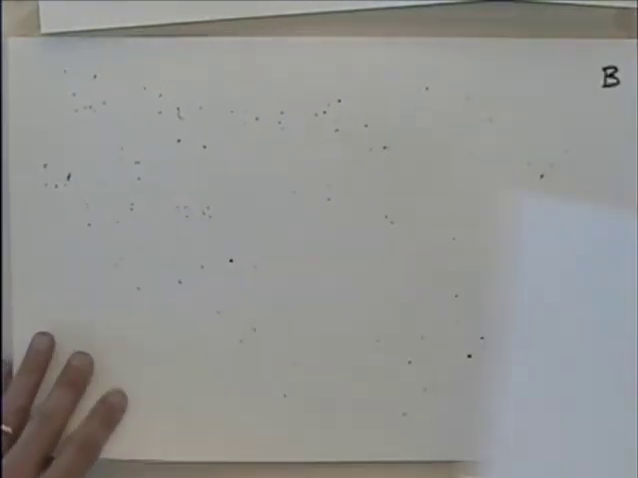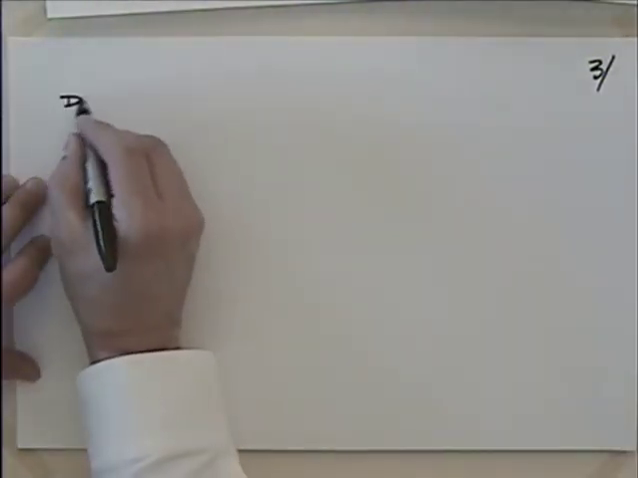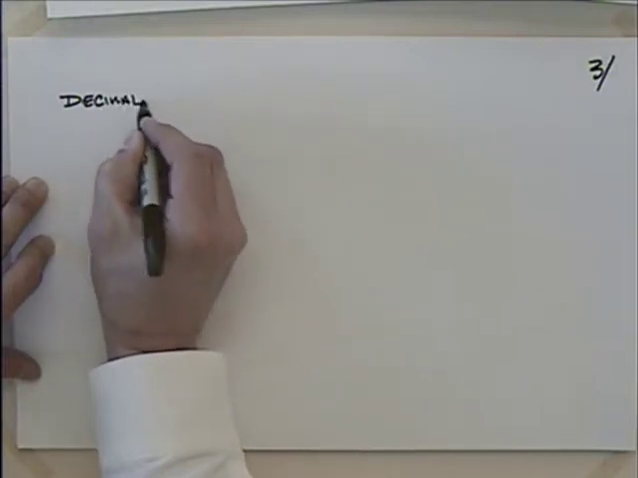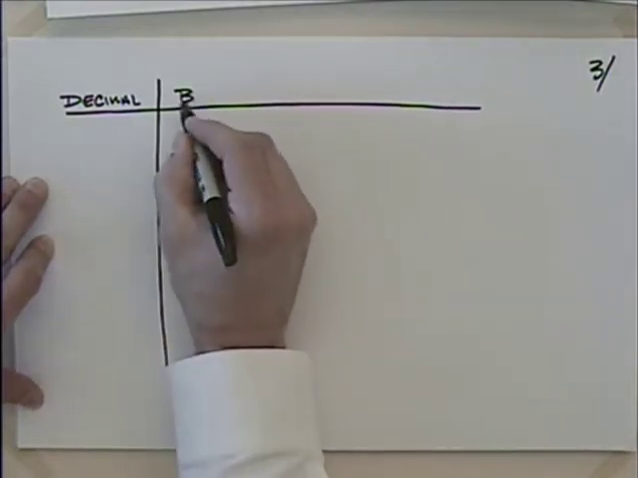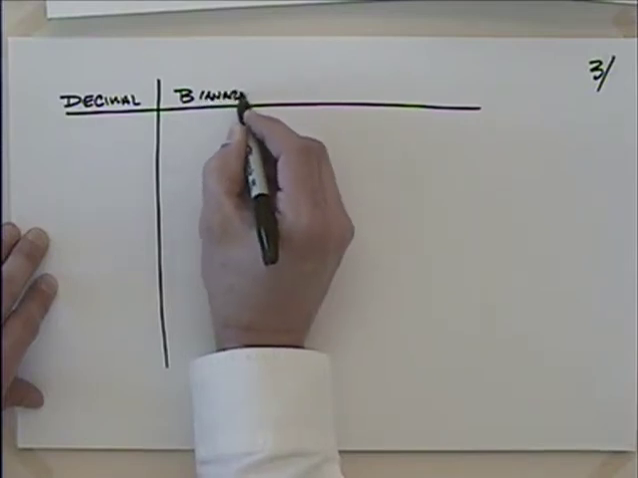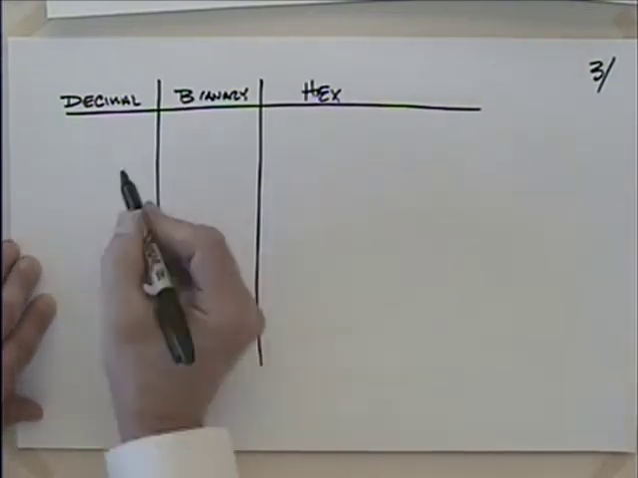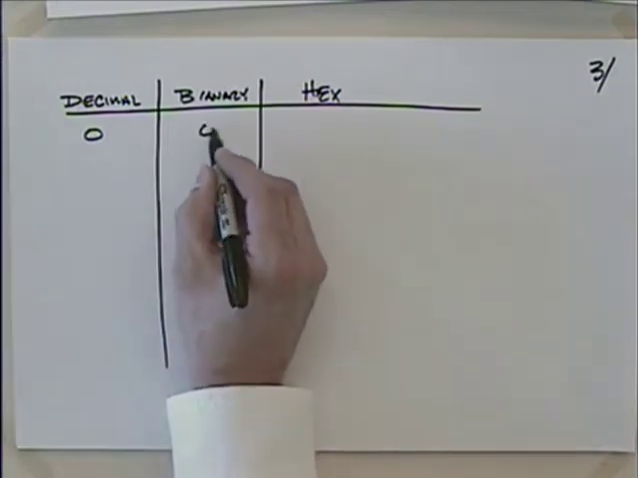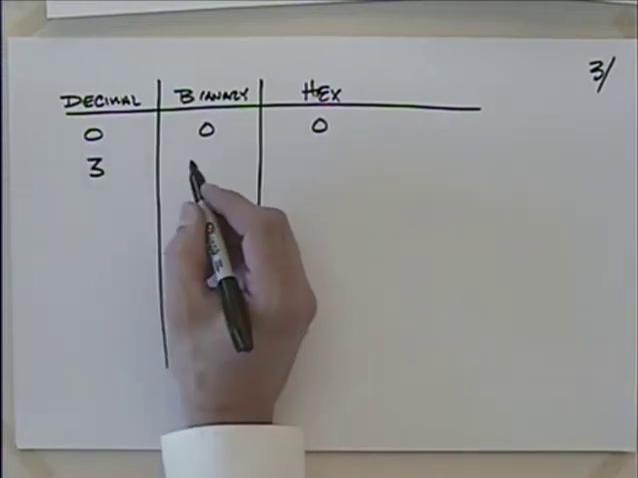So for completeness's sake, let's build ourselves a little table here of, we'll say, decimal or base 10. And then we'll have binary. And then we will have hexadecimal. So if I start out with 0, that's pretty easy. Binary, that's going to be 0. Hexadecimal, that's 0. Then 3, that would be in binary